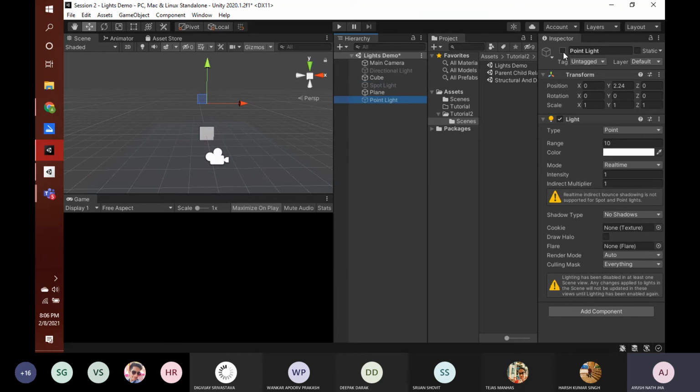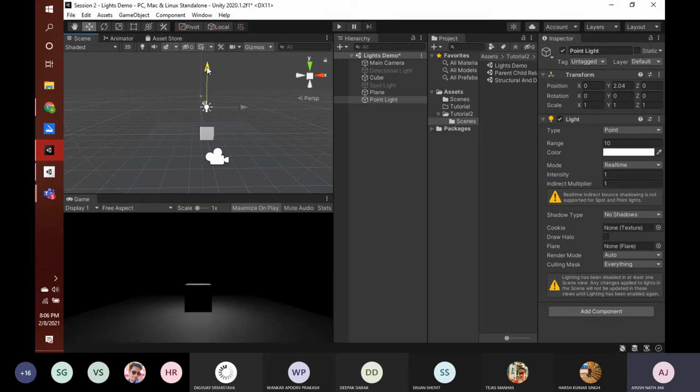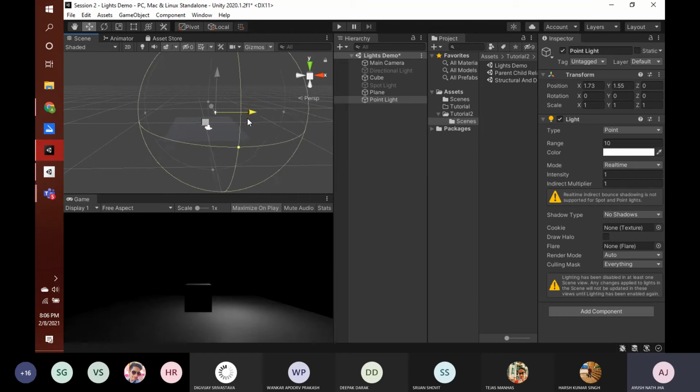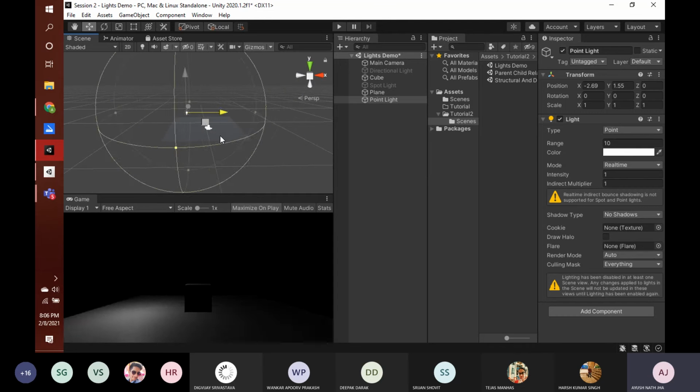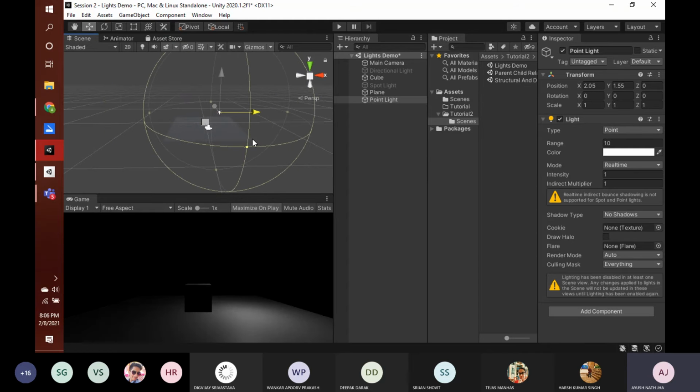And next we have point light. Point light is just like a bulb, you can see how its view cone area is a sphere. Just like I told you that if you use a light bulb, then its range is in the form of a sphere, and similar is here. So if I move it here and there, you can see how the illumination of the particular scene is changing. So I hope you understood the meaning of those lighting techniques in the slides.